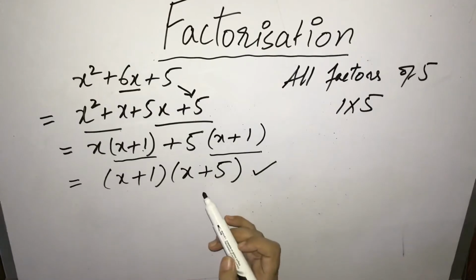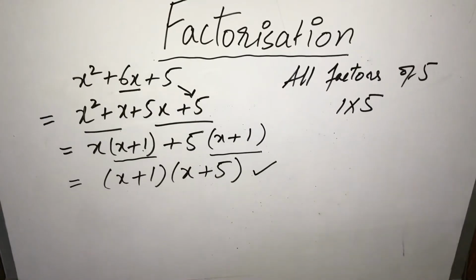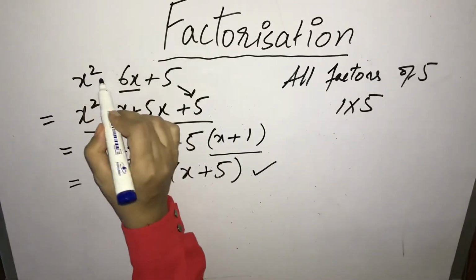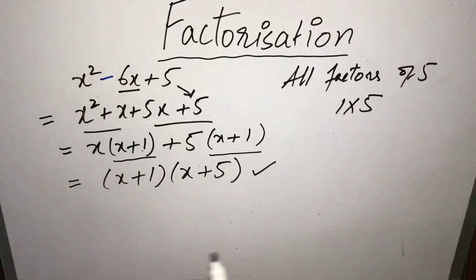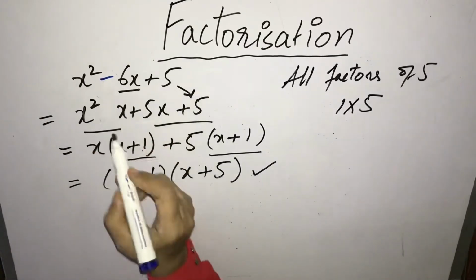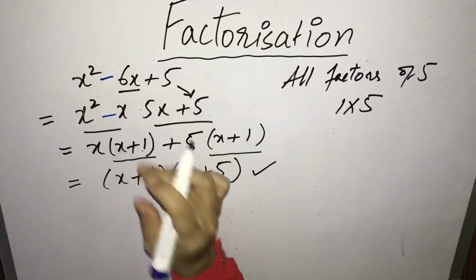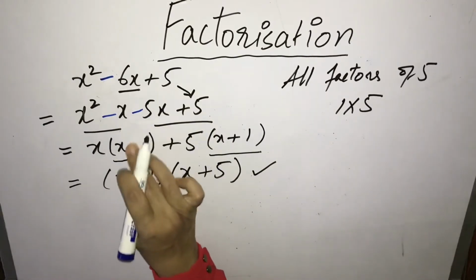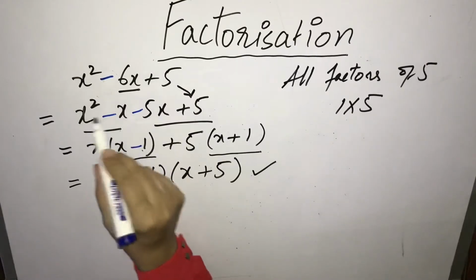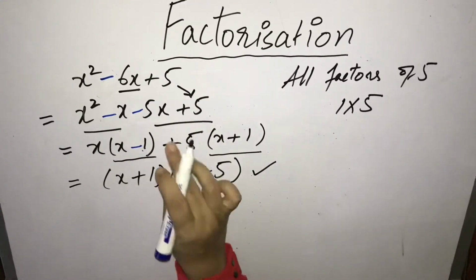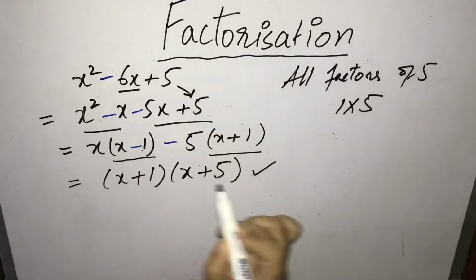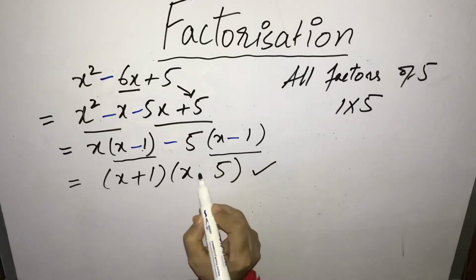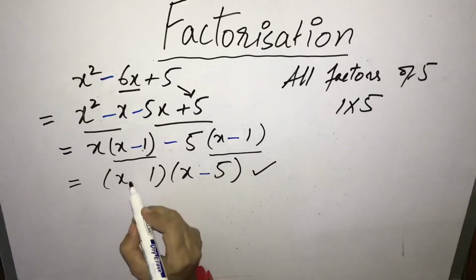item at the end. Okay, the same question, if I just change this sign, I make it minus, what would happen? You have to change both these signs. Minus 1 minus 5 will make minus 6. Again this sign will be negative, x common, inside minus 1, and this minus sign outside will make this sign negative. And finally x minus 1 and x minus 5 will be the answer.